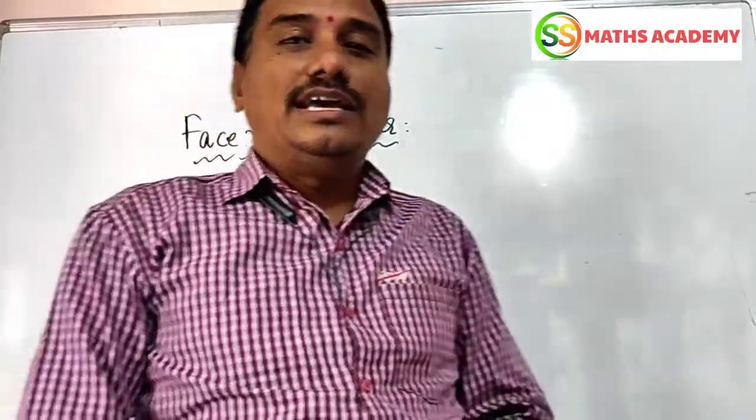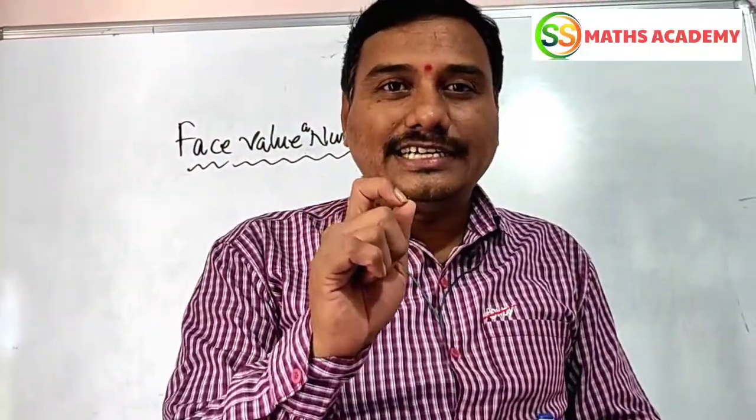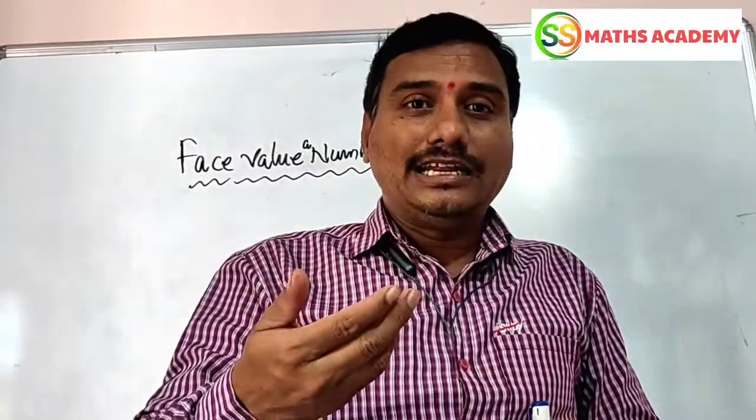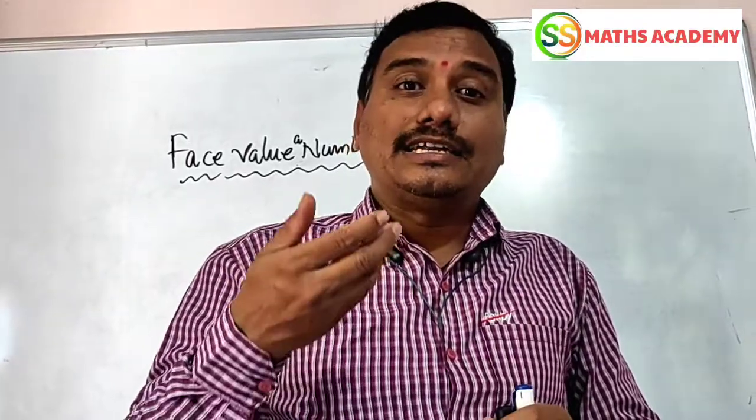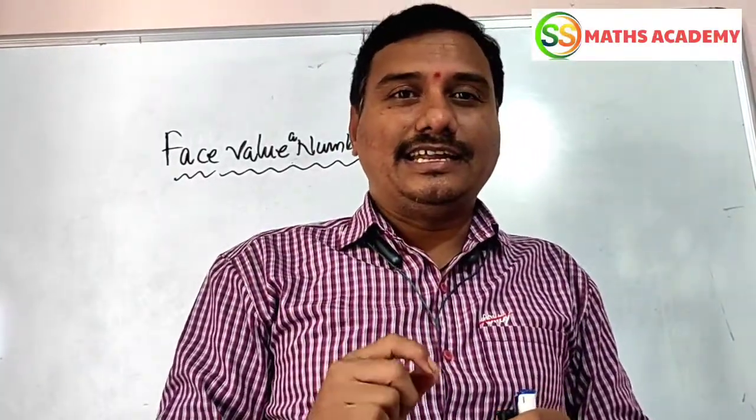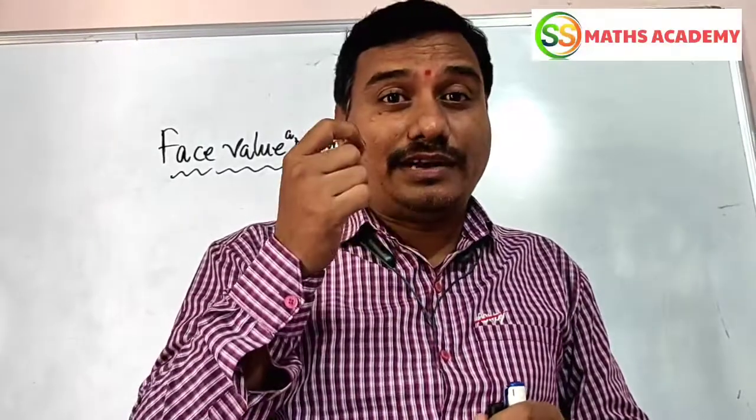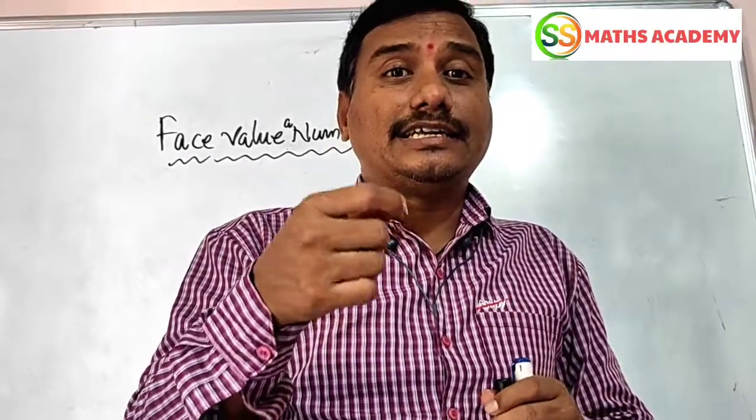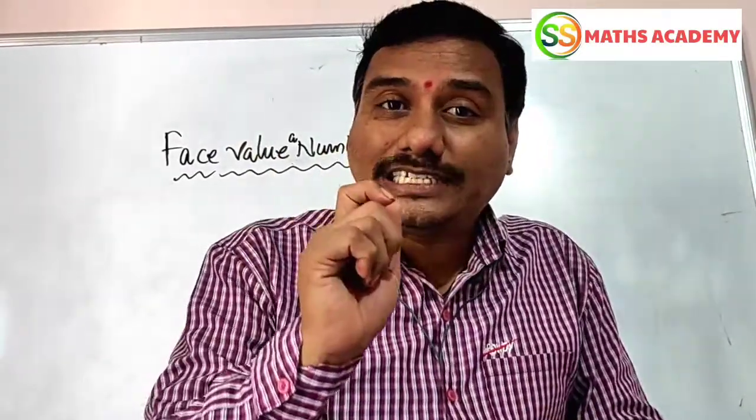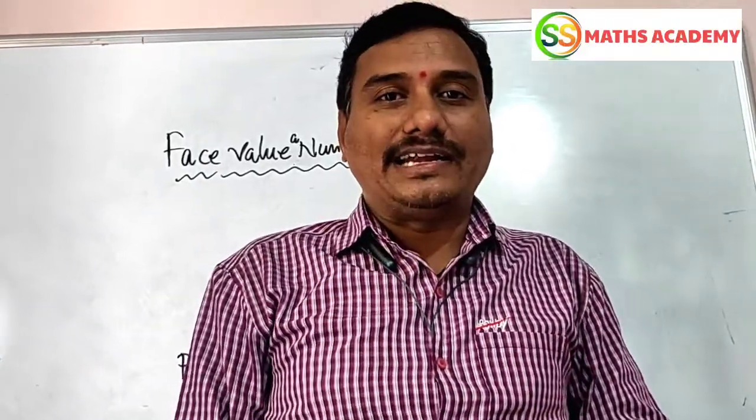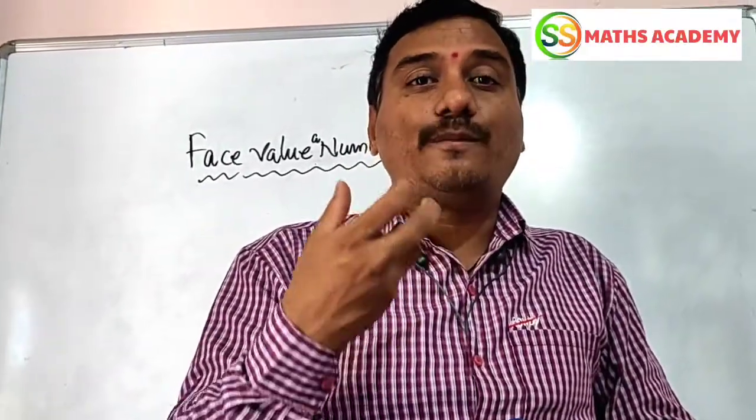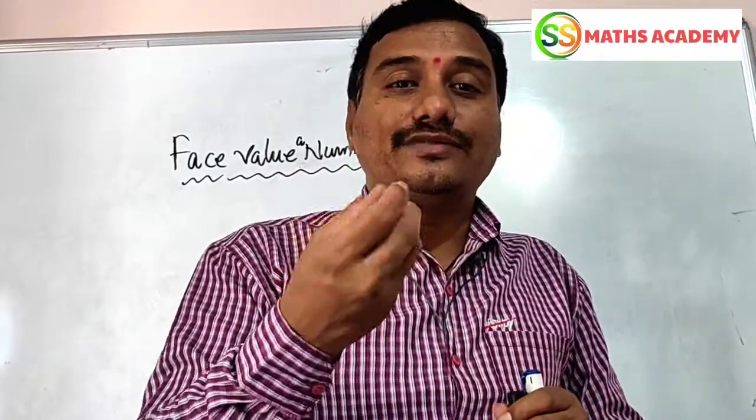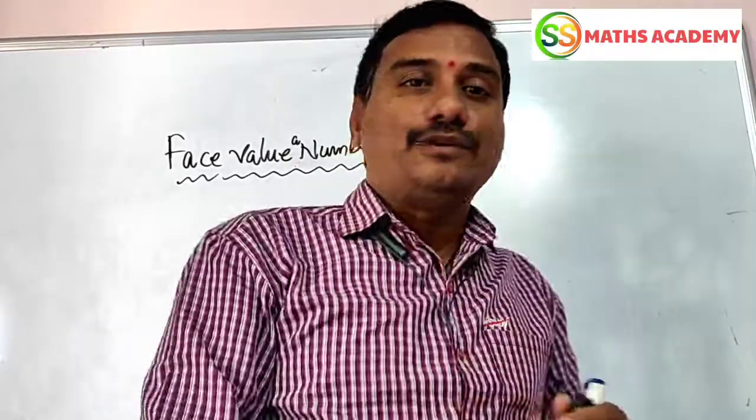What is face value? The face value of a digit in a numeral is equal to the digit itself, irrespective of the place occupied. Then we can write that place value is very easy, and face value is very easy. For example, you see